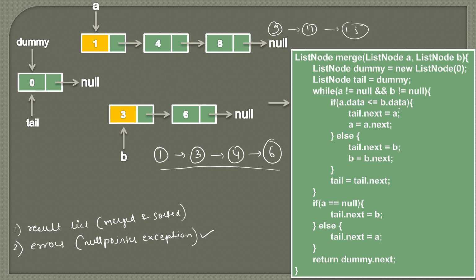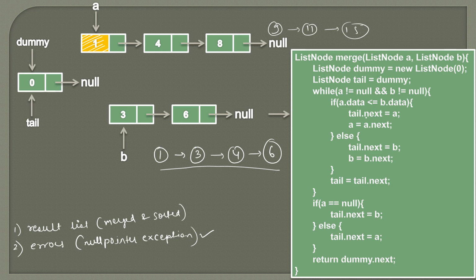So this condition comes out to be true, which means we are starting from the first node of both the lists and we have found one node whose value is smaller among all the elements in both the lists because they are sorted in ascending order. So the list node having data 1, being referred by A, will be the first node of our resulting sorted singly linked list. One should come at the start.